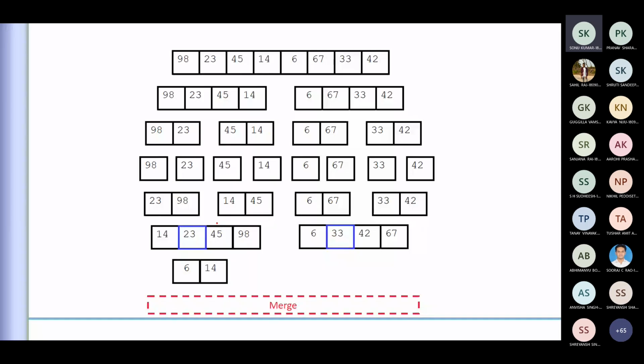Appropriately, if you observe, the pointers are being shifted, and accordingly we compare and come to a decision on which one will be placed first. In the last iteration, the last element of this has been compared, and 67 happens to be the smallest compared to the other values. So 67 is placed and 98 is placed at the end.